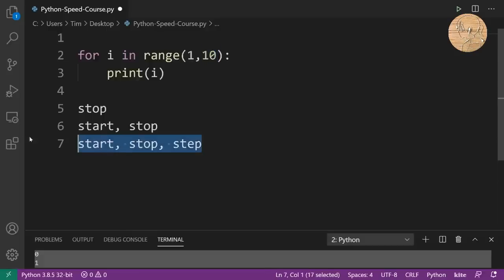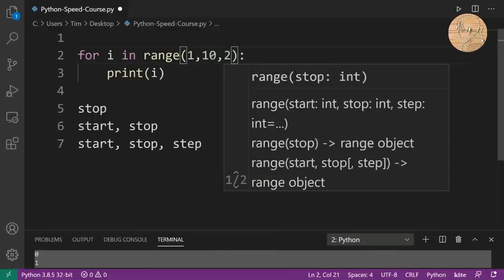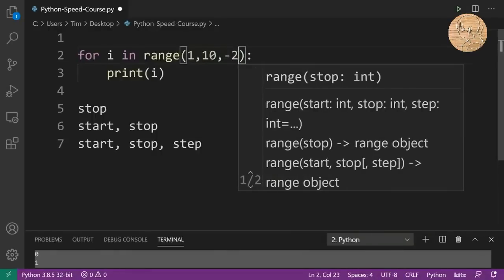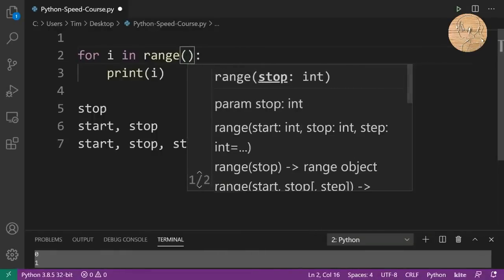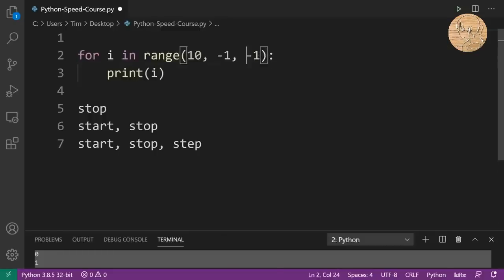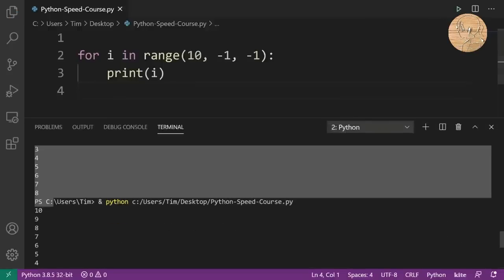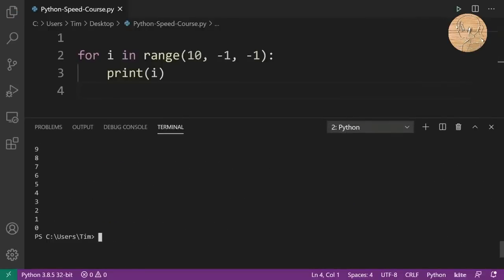If we add 3, we'll include a step, and that tells us how much we should increment every single time. By default, we increment by 1, but we can increment by 2, and we can increment by a negative number as well. Let's say that we wanted to start at 10, and we wanted to go to -1, and we wanted to step by -1. Well, let's test it out. Running, you can see we started at 10 right there, and then we went all the way down